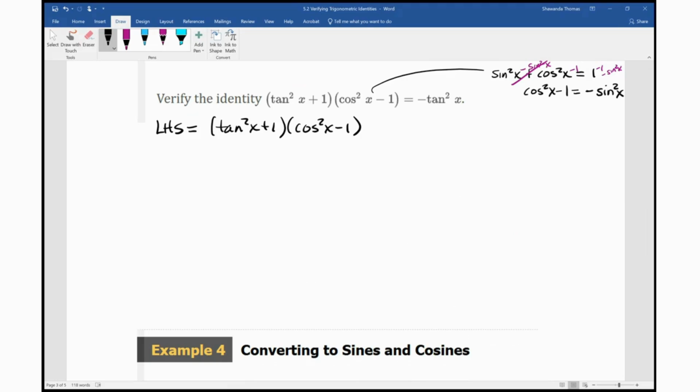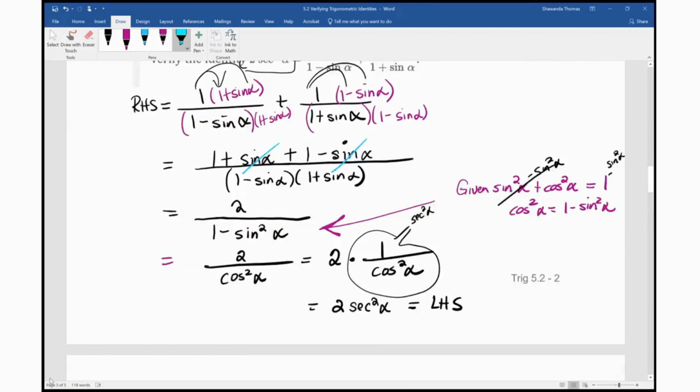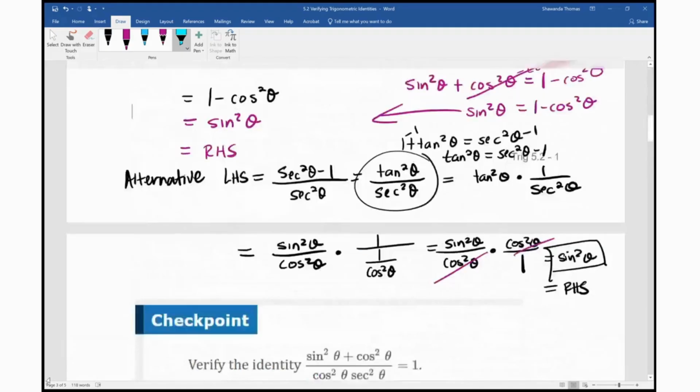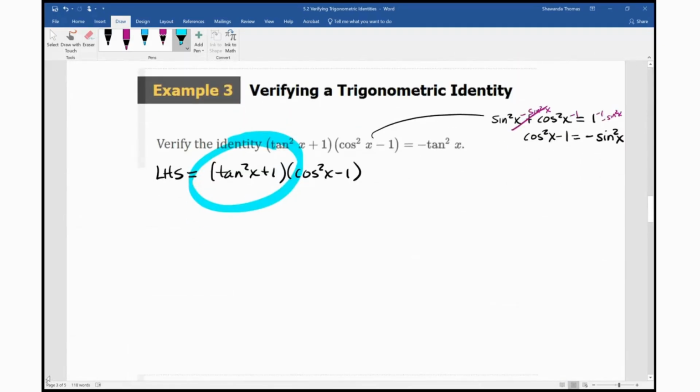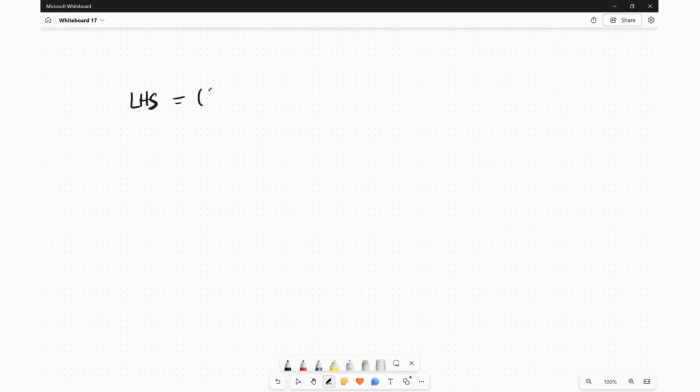Good. What about the tan squared x plus 1? Does that look familiar to anybody? Does it equal cosecant squared x? Look at it again. So I can tell y'all don't have y'all stuff printed out because I don't have it on 5.2. It's on 5.1. All right. So tan, anybody with the notes? What does tan squared x plus 1 equal to? Secant squared x. Secant squared x equals to,